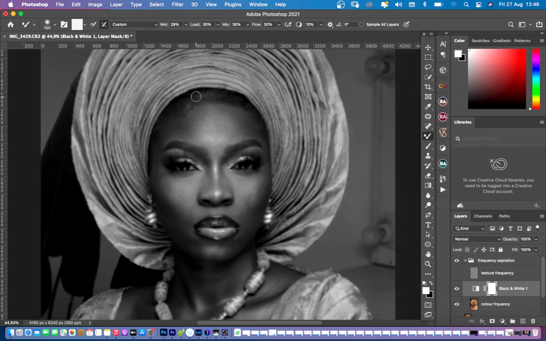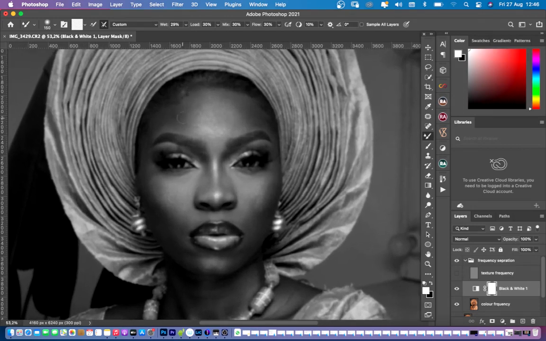Now if you zoom in a little bit, you can see your imperfections. As you can see, this place has blacks and this place has white, this place has black and this place has white. As you can see, the mixing is not done properly. So what you have to do now is to come to your color frequency, increase your brush size, not too big, then start mixing gradually. As you can see, the face of the model, you have to mimic it, so you